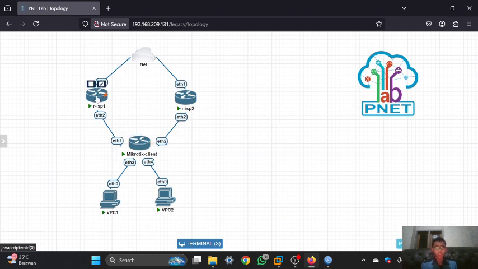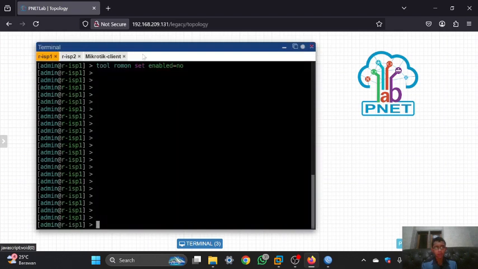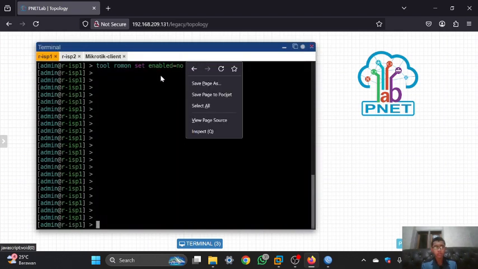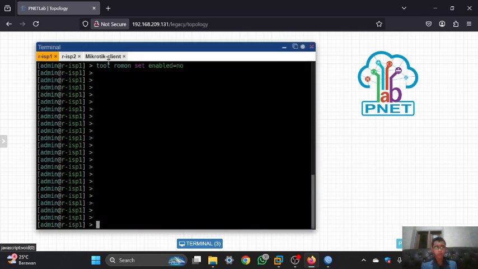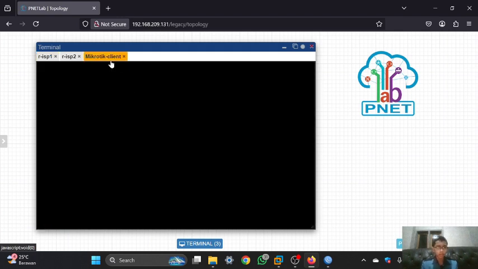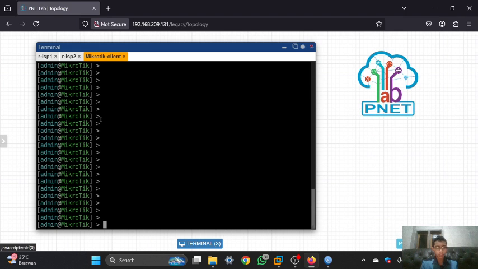So first you can open the router ISP, and I will use the Romon tool to connect to the MikroTik client. You can turn it on in the router ISP1 with the command tool romon set enabled=yes, and then do the same thing in the MikroTik client.